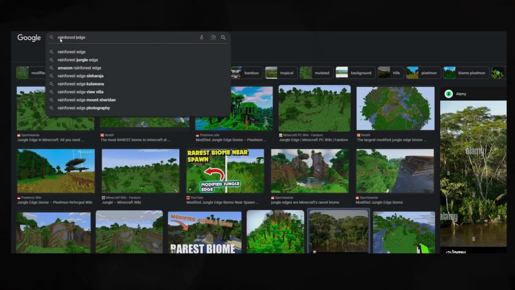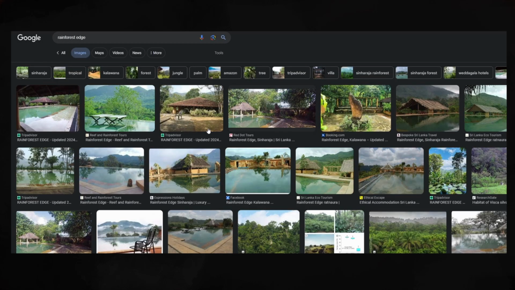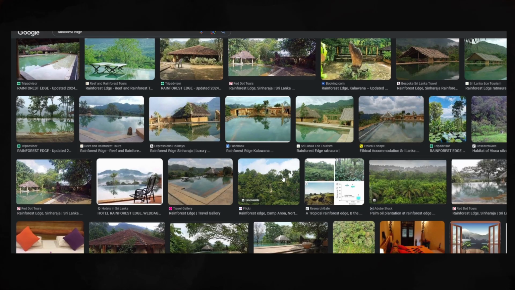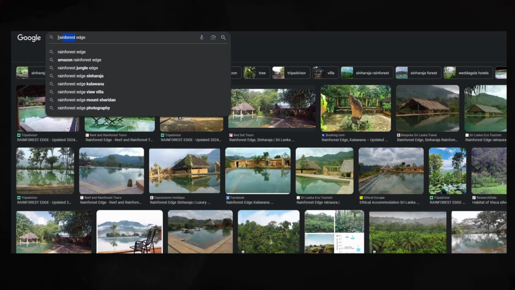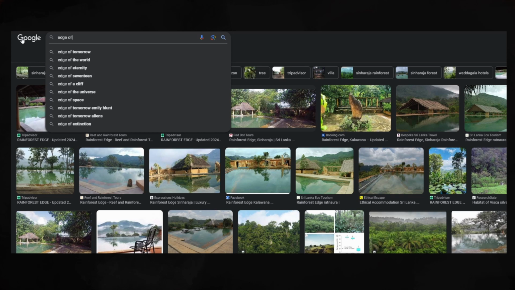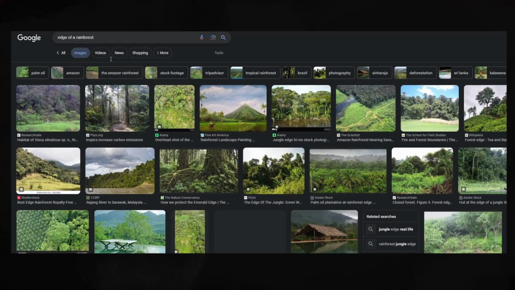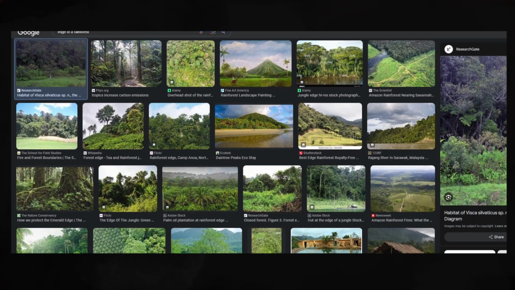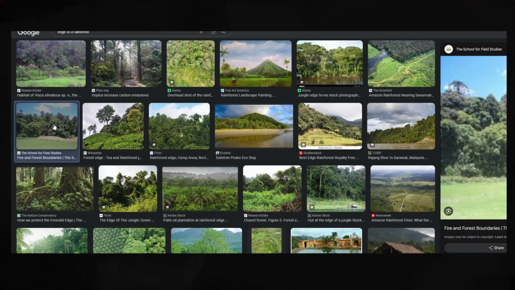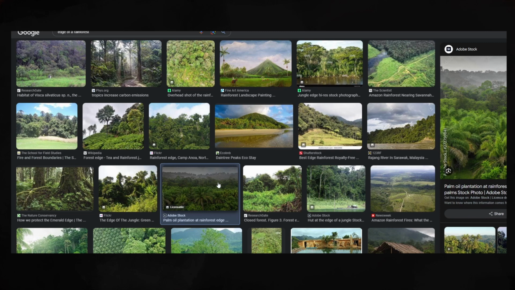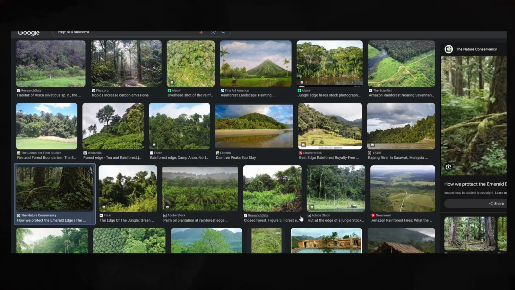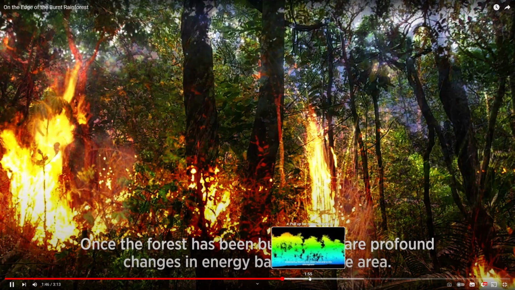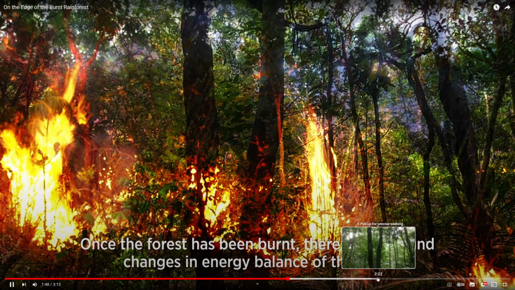So before I started, I did a bit more research into tropical jungles and rainforests. I wanted to try and gather more references before I drew out this area because I wasn't really sure how it was going to look. This particular area is at the edge of the jungle, so I wanted to get an idea of how a jungle edge is supposed to look. But I couldn't actually find much on a Google search, so I watched a few YouTube videos instead